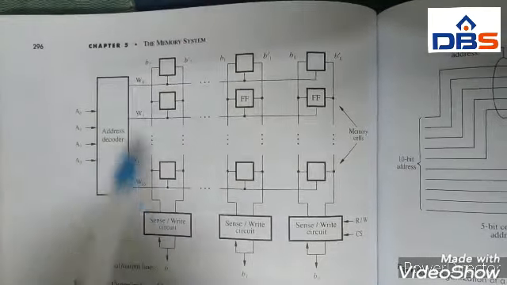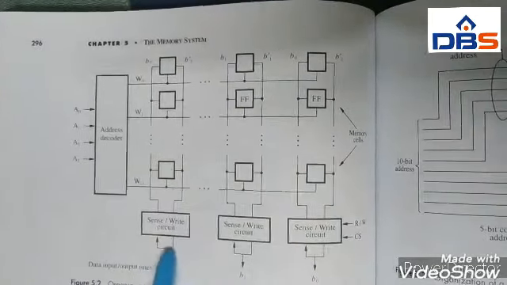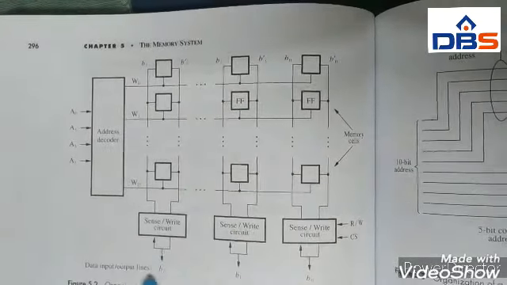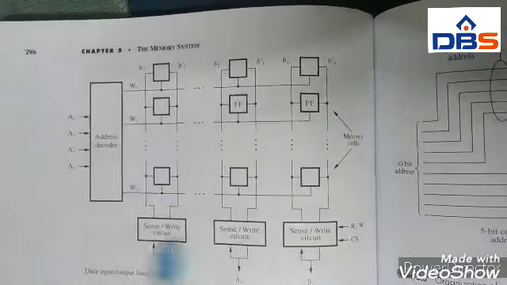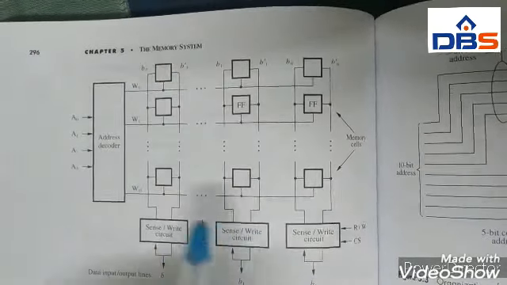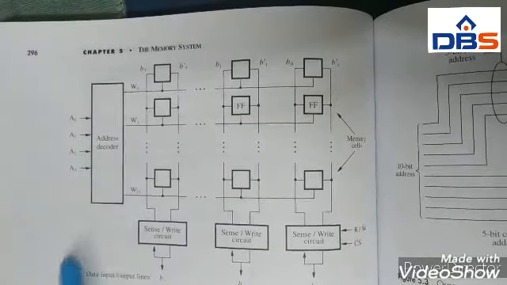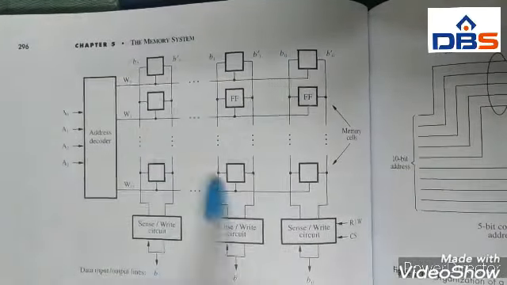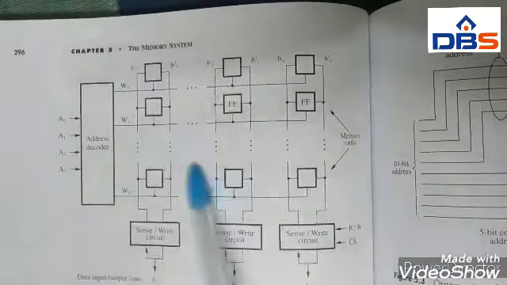Now coming to the row, it is a word. Coming to the column, some groups are there. What does group actually mean? By using this column, some selection or status flags are there. One is the write and sense circuit. These are used to store the information into the cell as well as extract the information from the cell. This is the internal representation of the RAM memory system, which is organized like a two-dimensional array.